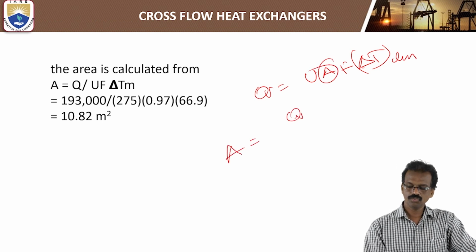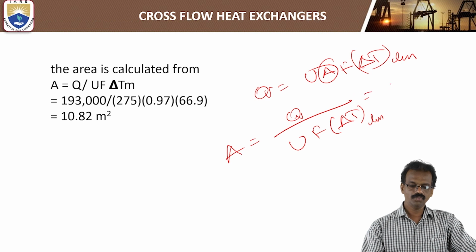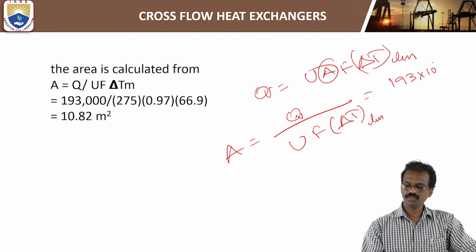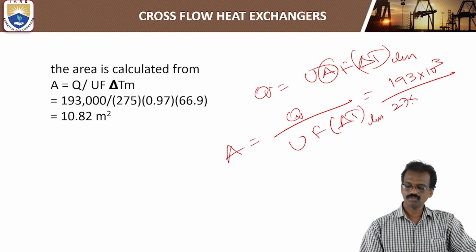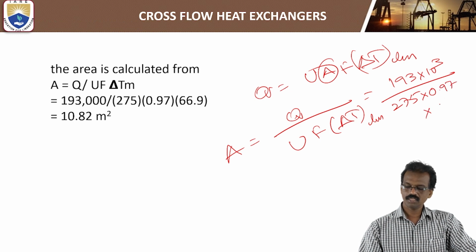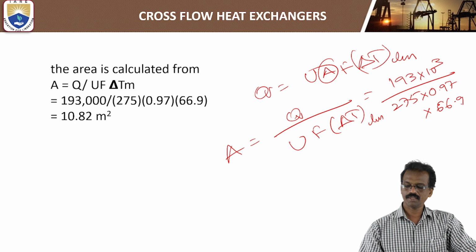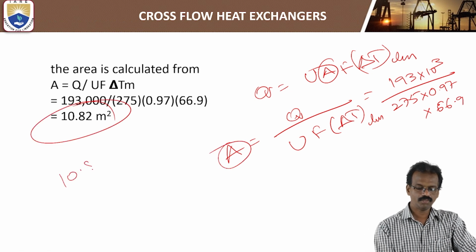Area is equal to Q divided by overall heat transfer coefficient into F into delta T_LM. You know all the values. Q value is 193 into 10 cube divided by the overall heat transfer coefficient 275 into F 0.97 into delta T_LM, which is 66.9. If you solve this one, you get area equal to 10.82